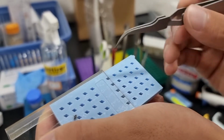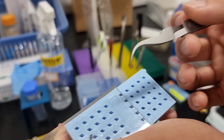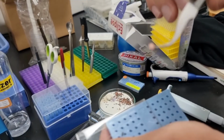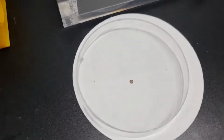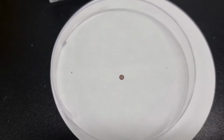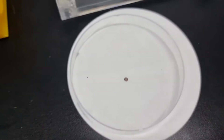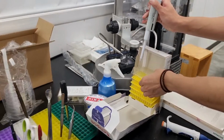Once you take this out using a pincet, you can see that there are two sides. One side is a bit polished copper, a bit black colored, and the other seems like the real copper. You should always drop your suspension on the polished, black colored side, not the real copper colored side. There will be a pipette in this room, so you can use this pipette and